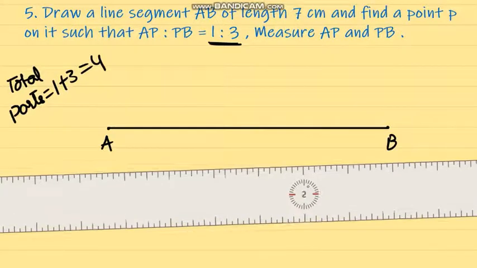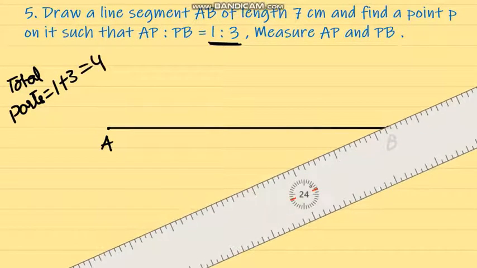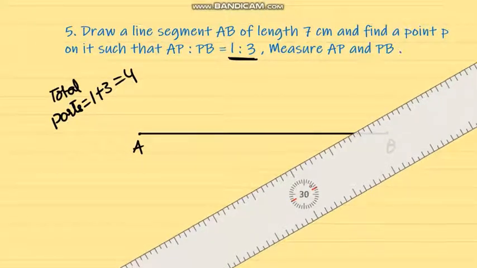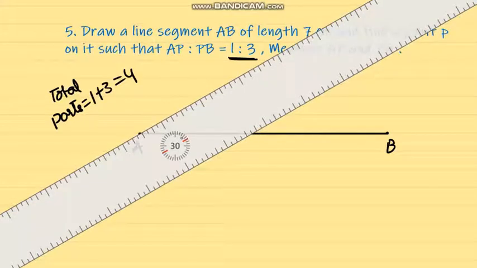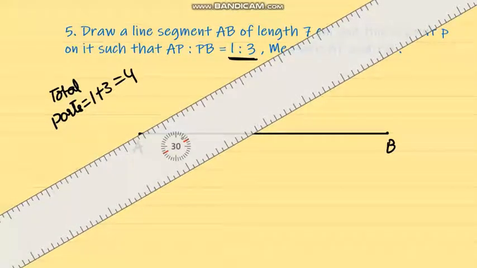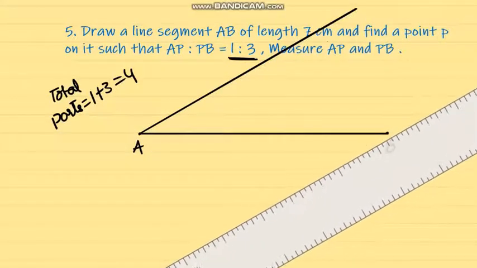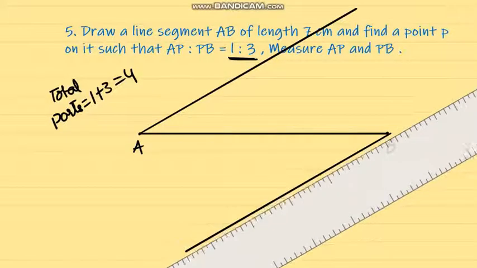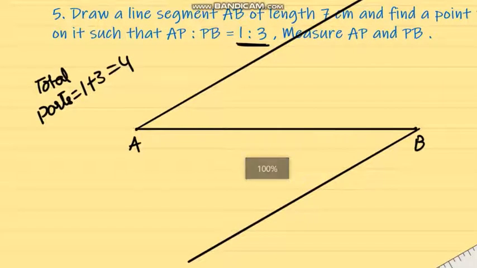So in step 2, what you have to do is make an angle at point A to the upper side. So let us make one angle. I am making an angle of 30 degree. You can make an angle of 60 degree or any other angle, but when you make these angles, at A and at B, both of them should be equal. So from A, I have made an angle of 30 degree, and again from B, I am making an angle of 30 degree. Okay. So here I have formed the figure.